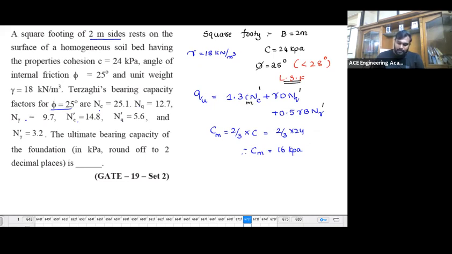And what about phi m? Do I need to find phi m? No, it has already been mentioned for that phi value. What is NC, NQ, and gamma? And what is NC dash? NC dash means they have already found it for the phi m dash. So what is the qu value? 1.3 into 16 into NC dash 14.8, plus gamma 18 into